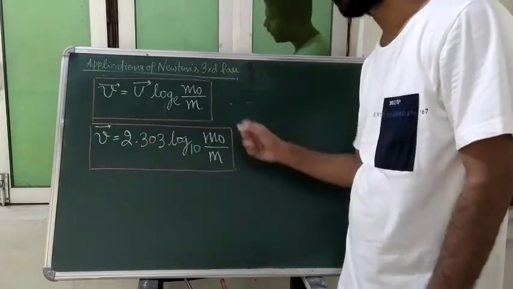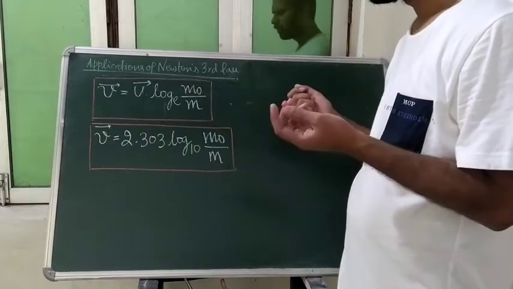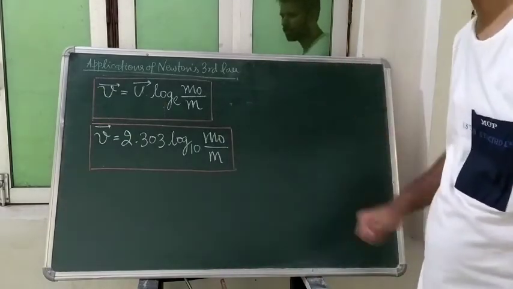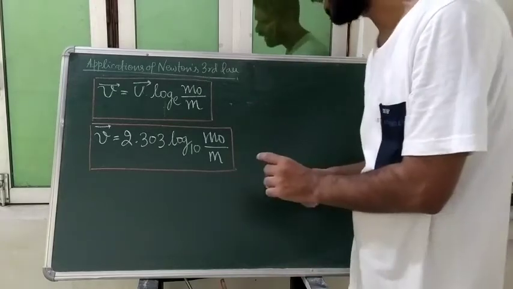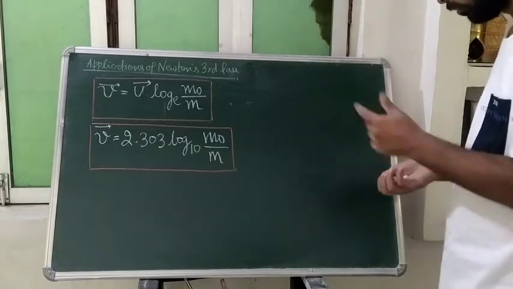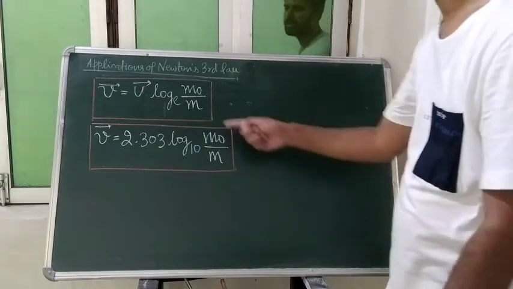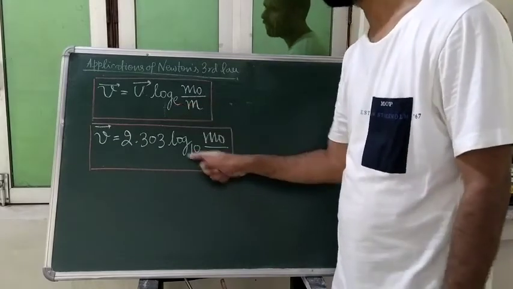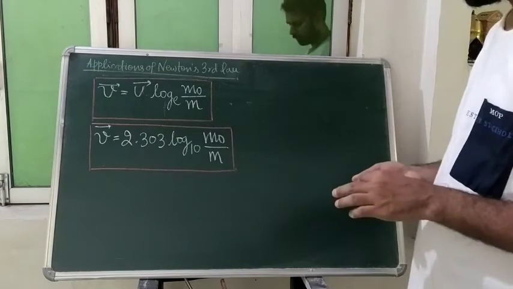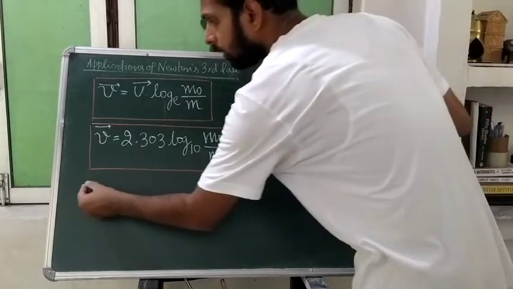It is the task of your mathematics. I am not going to do that, and that is not very important for your exam point of view. No one is going to ask that conversion. It's the mathematics task. Now when you study, you can do that there. So when you change the base e to log 10, you will multiply the expression by 2.303, and when gravity acts,